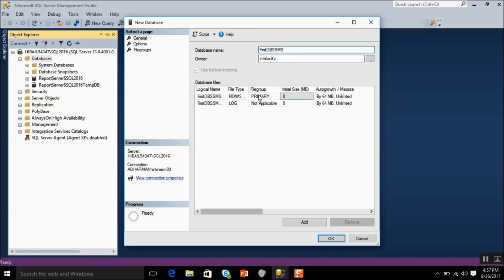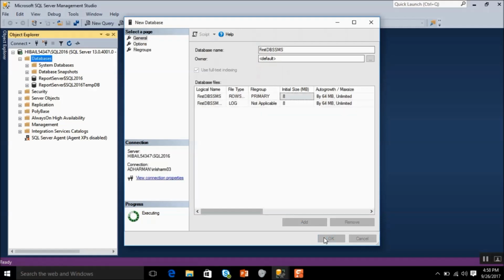You can do a Google search if you want to study more on it, but as of now, just keep in mind that the MDF is a file which contains the actual data. After we have typed in the database name, all we have to do is click on OK,